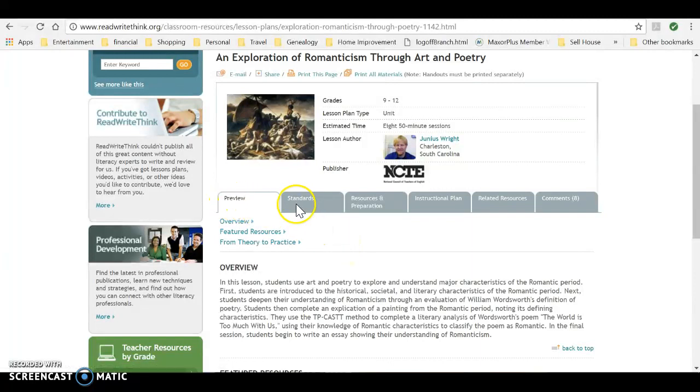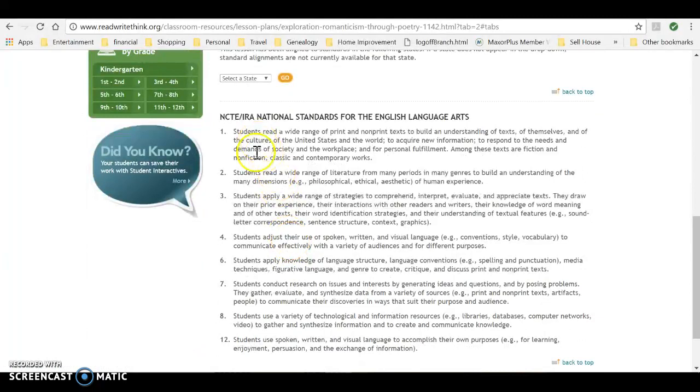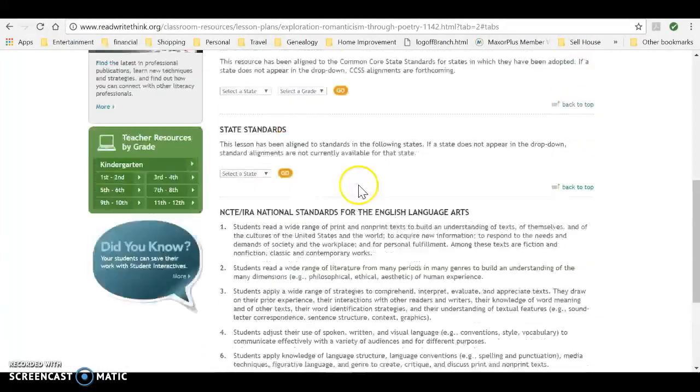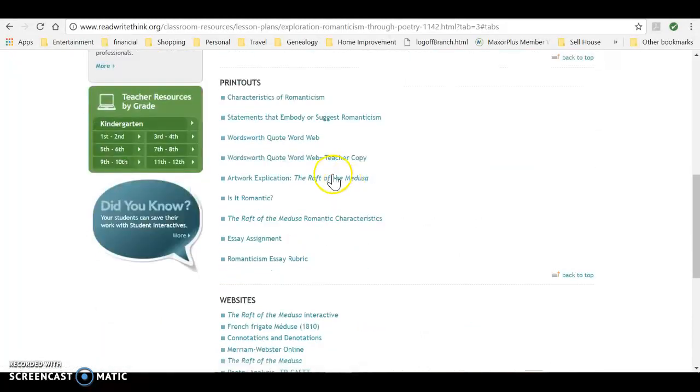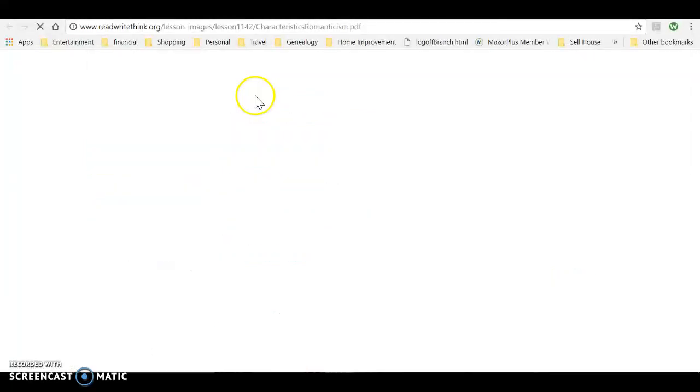So you get a preview, you get a look at the standards, and it's the NCTE standards, or the National Standards for Language Arts. They give you resources and preparation, so that you can simply click on all the various printouts that you will need, and they're in a nice,